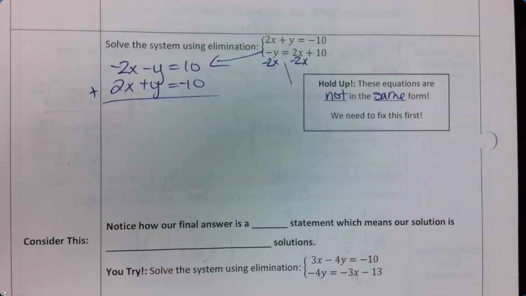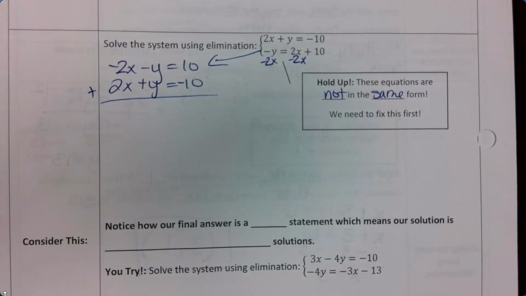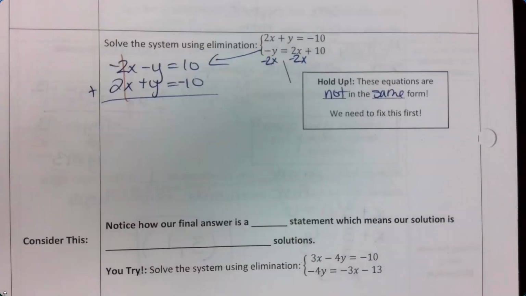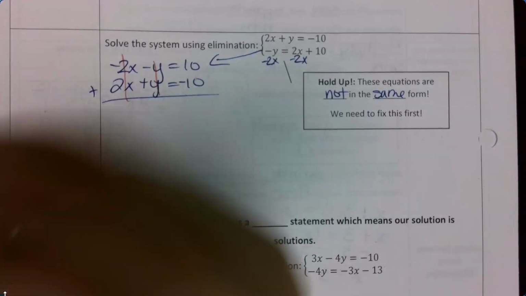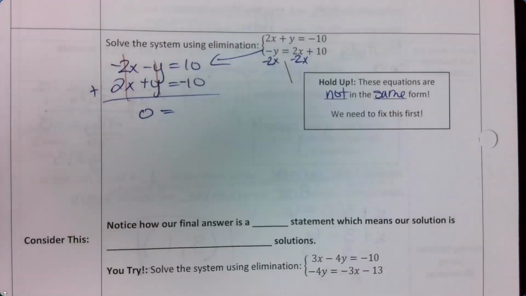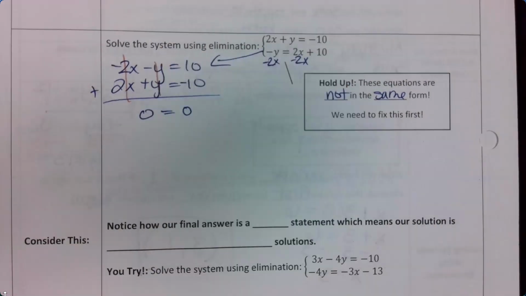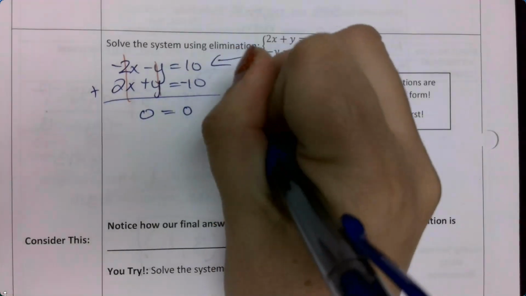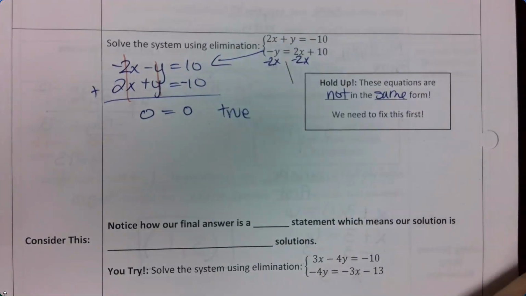Okay, so I want to go ahead and add. What is -2x plus 2x? 0. -y plus y? 0. I need to write something on the left side, so I'm going to write down that 0. 10 minus 10? 0. 0 equals 0. Is this true or false? True. So my answer is